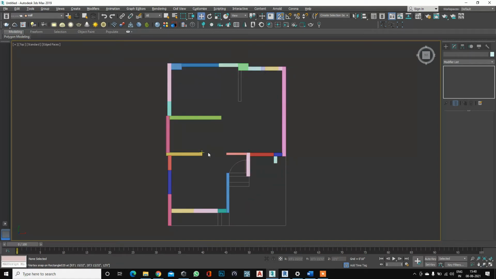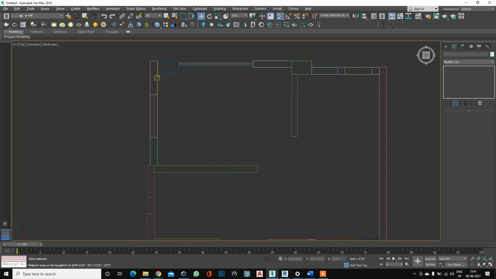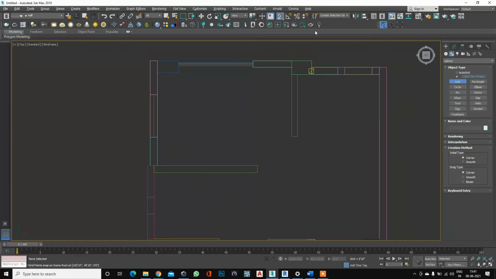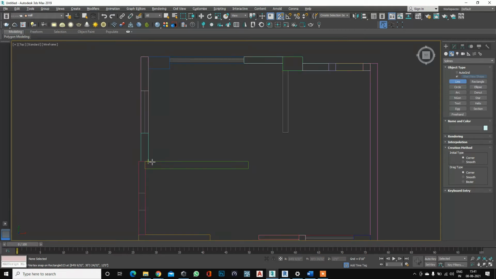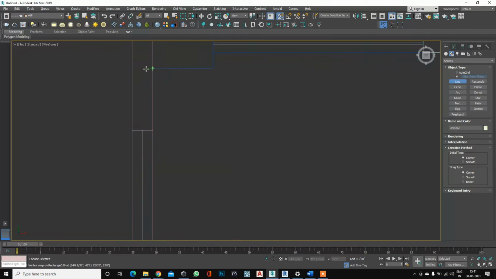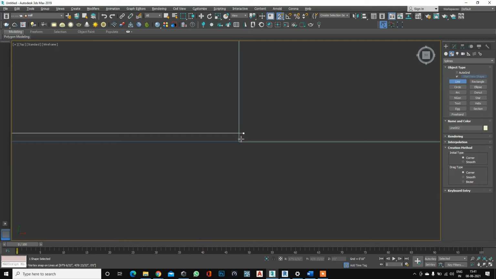W, I'm using F3. Now you can see there are so many angles and so many intersections, so I cannot use a rectangle; I am using line. You can see, guys, that I'm still working in 2.5. To do the floor we can also work in 2.5, because our floor starts from the base surface, then it has some height. So here is the start. Make sure you do not intersect any wall.